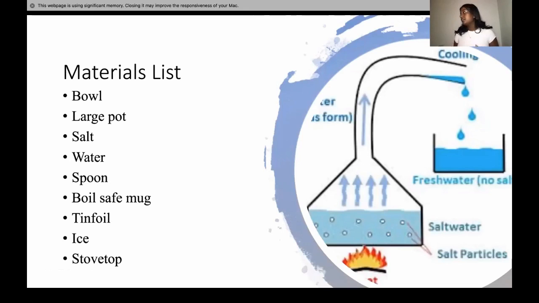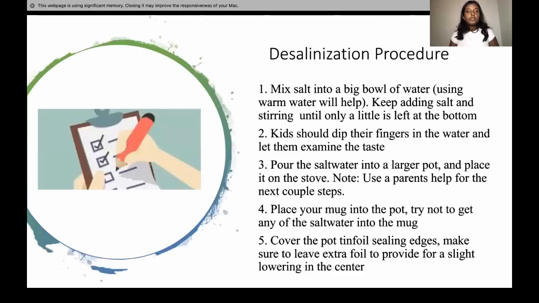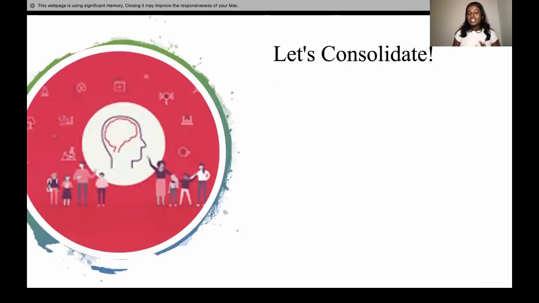And the tin foil, essentially, it's probably the best idea in order for desalination to occur. But the rest of it is really not that much of there's not really anything we can substitute it for. So I'm really hoping everyone has all this stuff lying around. If you don't, please do contact us and we can try our best to see if there's something we can change for you. But that is what we have for now. Okay, now going back to consolidation. So we're done the experiment now, yay.